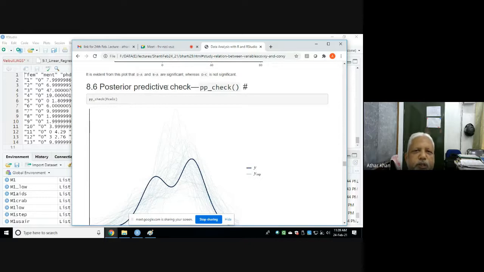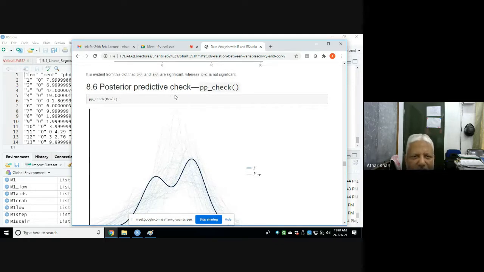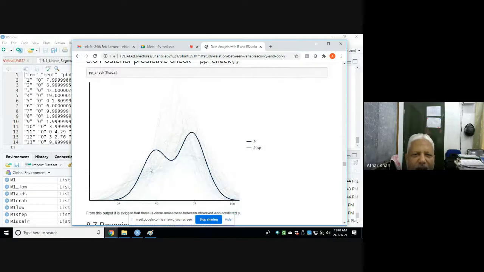Now, posterior predictive check. When we fit a model in predictive analytics, we want to know these are the responses which are being simulated, and this is the one which is being observed.